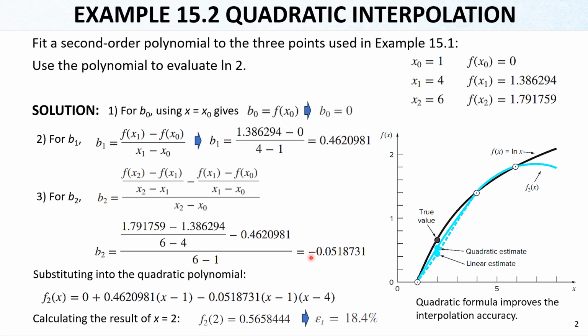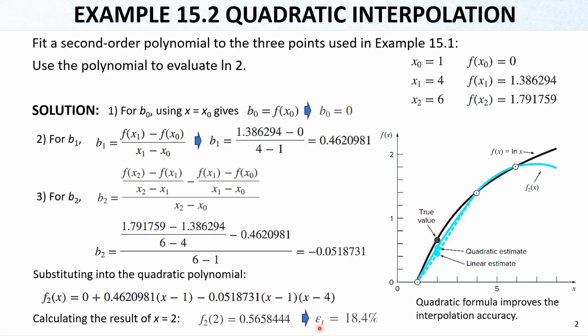And the result is this, you can see. And let's use these in the formulation of the quadratic interpolation. Simply b0 plus b1 times x minus x0, which is 1, plus b2, we calculated here, times x minus x0 times x minus x1, these values. If we calculate from here, the result is